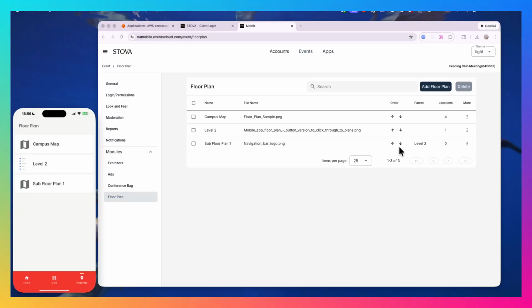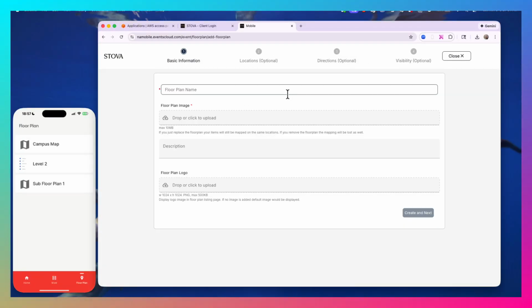With the floor plan module, I can add a floor plan, I can add a floor plan within a floor plan, and I can make different floor plans visible to different categories. This is effective if I have a private room that I'd like to make visible to only one segment of